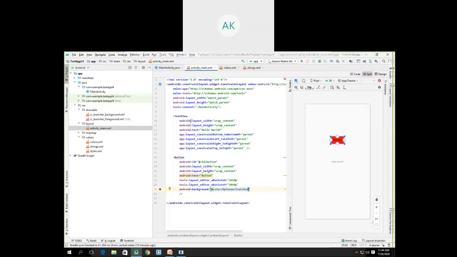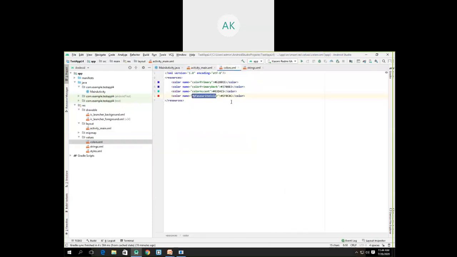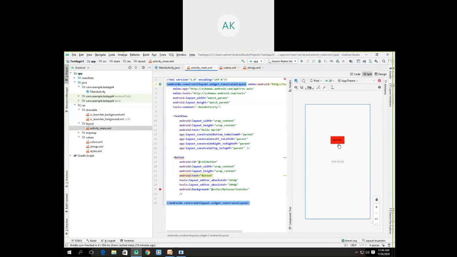And now you can see if I name it as my favorite color, it will automatically go into the colors.xml, find the entry with the name my favorite color, and automatically choose that particular color and apply it to the button background.